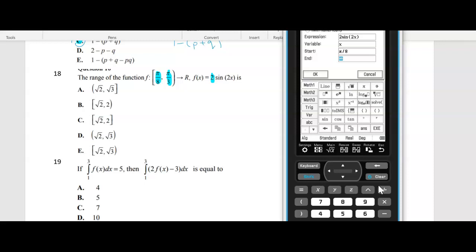You do really need to restrict it because remember, we've got a set domain here. Okay, so your minimum value is at,